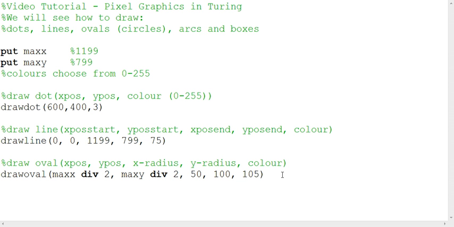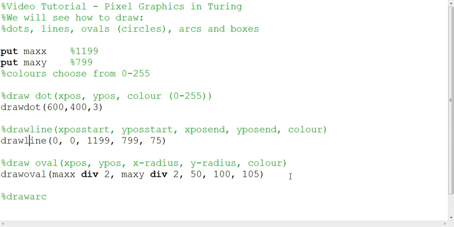Now, next we need to draw an arc. Let's draw an arc, because you can use arcs to draw smiles and things like that. So if I say here, draw arc, that's pretty much the code for it. Oh, I should fix these. These are without spaces. So we have draw arc, and then what we need here